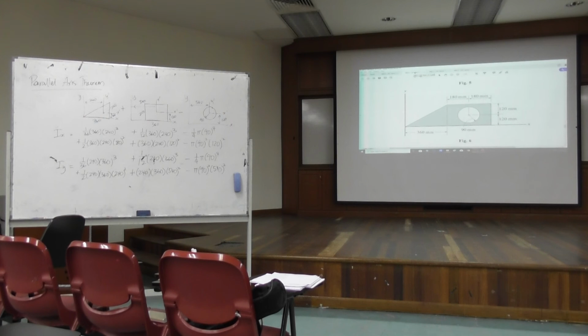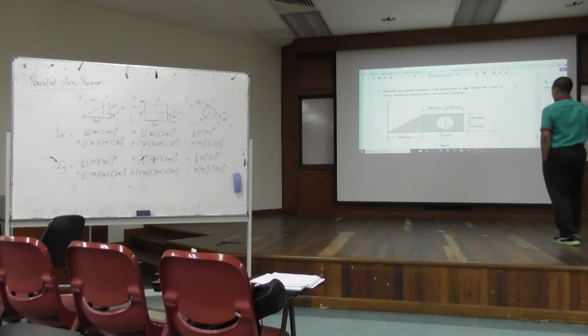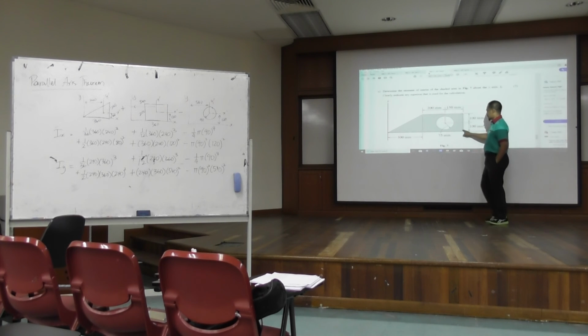For those who have finished, you might notice that these 2 exam questions are quite similar. They just change the dimension there. However, you must notice that for this rectangle, if you do this one rectangle, the centroid is not here, right? So that's